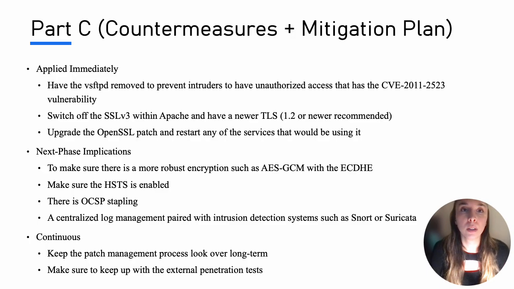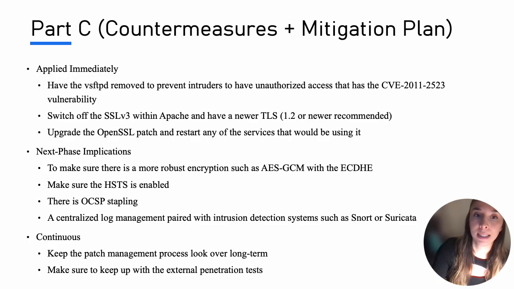And it has known vulnerabilities, most famously Poodle that I mentioned, CVE-2014-3566, which allows attackers to decrypt encrypted data. TLS, which stands for Transport Layer Security, which has to be 1.2 or newer, is the modern secure protocol that replaces SSL v3 and older TLS versions. Why it's important is that disabling SSL v3 prevents attackers from exploiting known weaknesses in the old protocol. The third thing I have here is to upgrade the OpenSSL patch and restart any of